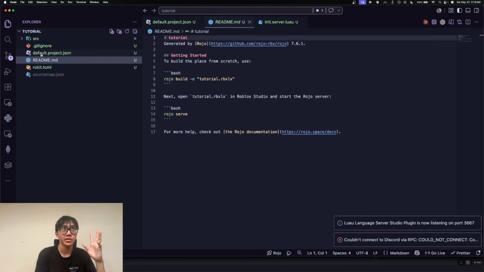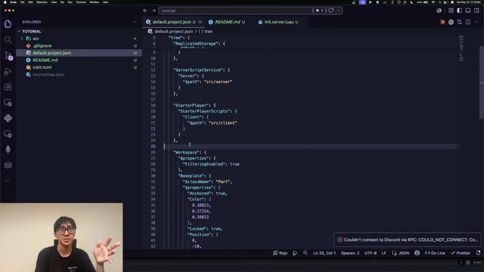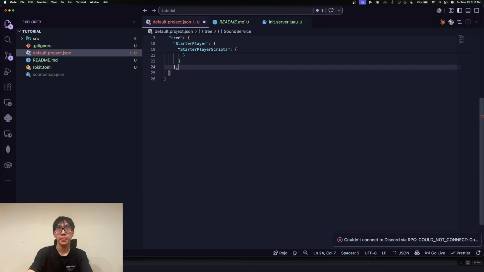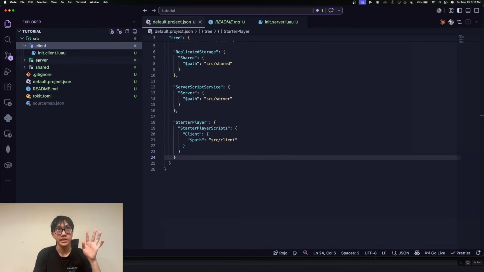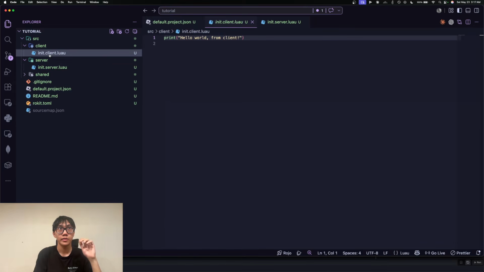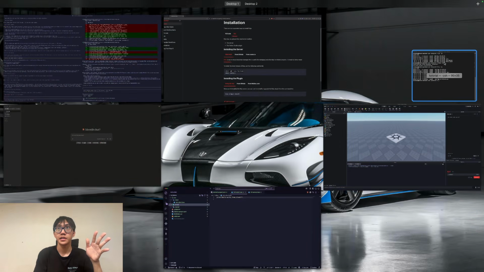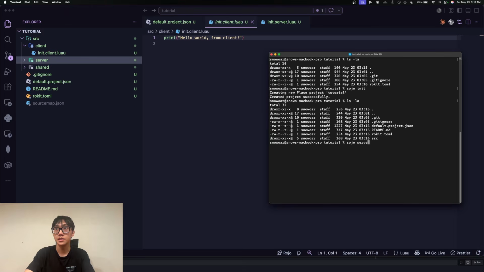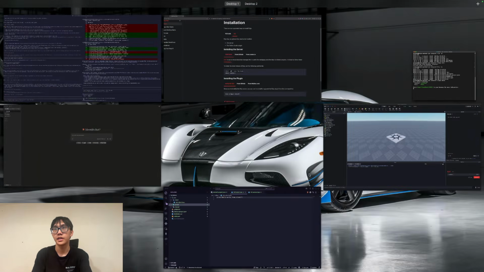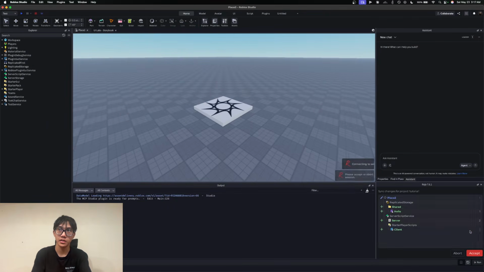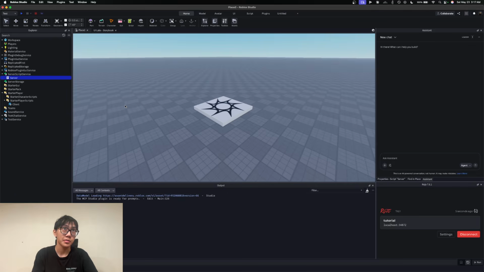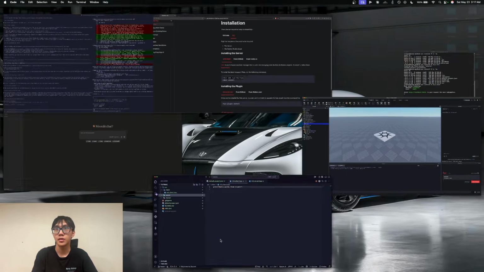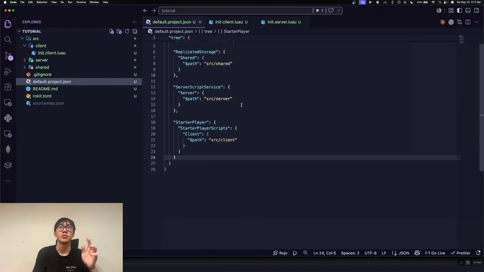Now, you can ignore these two, and in here I'm just going to delete all of this because I don't need it. The main thing here is inside client and server. If we sync it, the way we sync is rojo serve. We'll sync it, and then in Studio we'll just press connect. I hope you have it installed, by the way. If we check in here, we have a client script and a server script. Where did these come from? Well, if you look inside default.project.json,